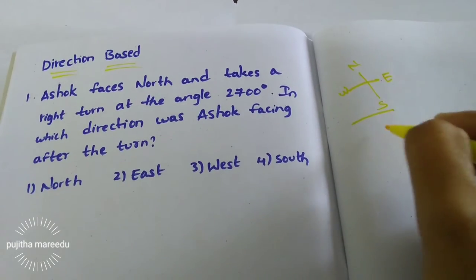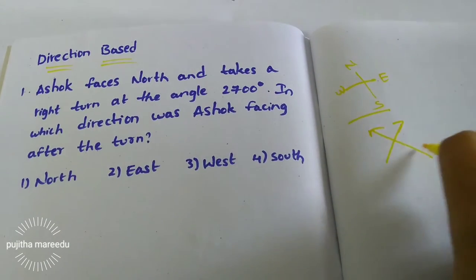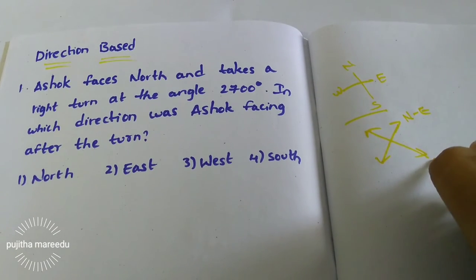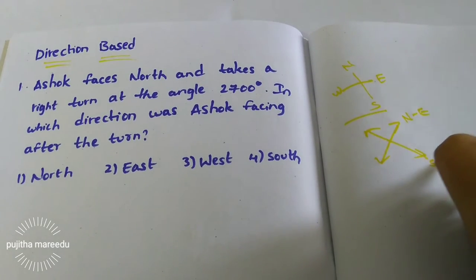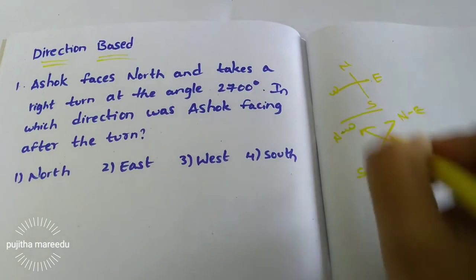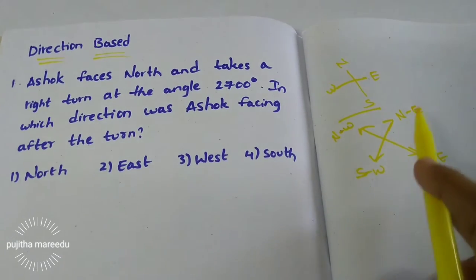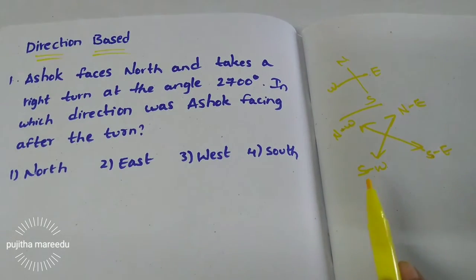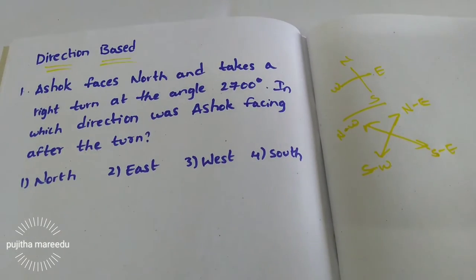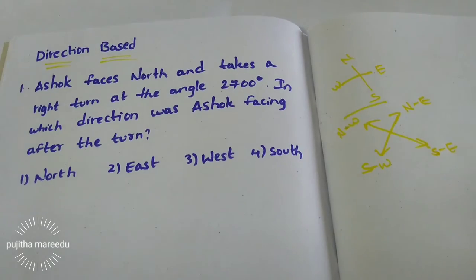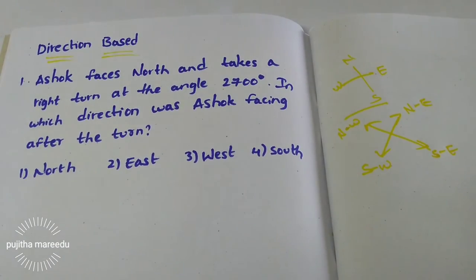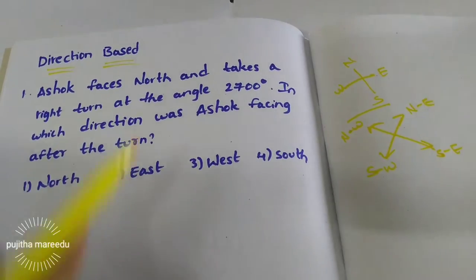These are the prime directions: north, east, south and west. We have four types of subdirections: northeast, southeast, southwest, and northwest. The direction of an object is measured with respect to the starting point, or the directional relations between two points or things or persons that are used in the questions.